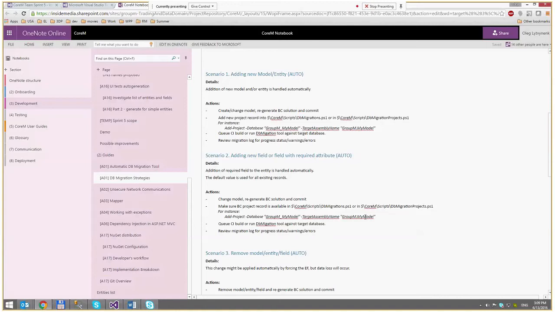This is an in-box solution from Entity Framework. By means of our tool, we allow this to be done automatically during the deployment process or during the build process in